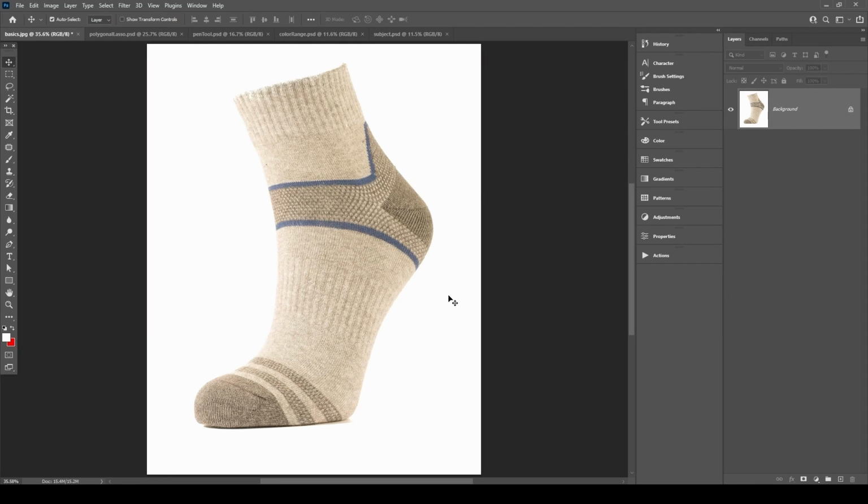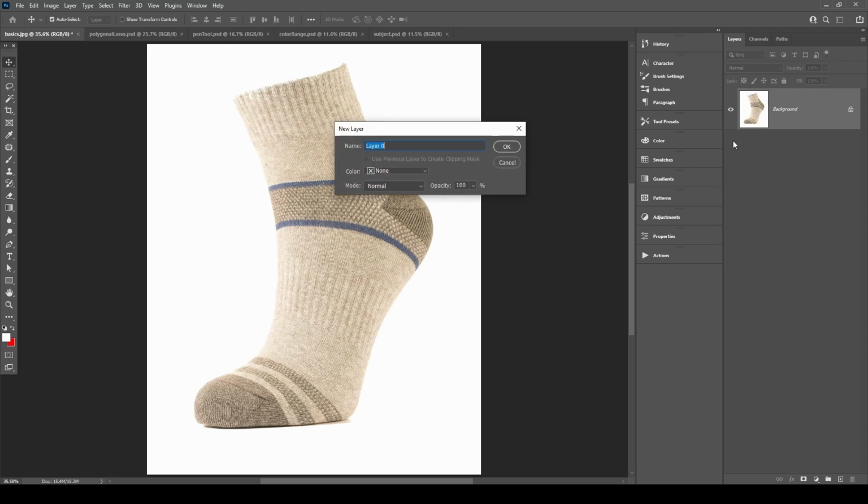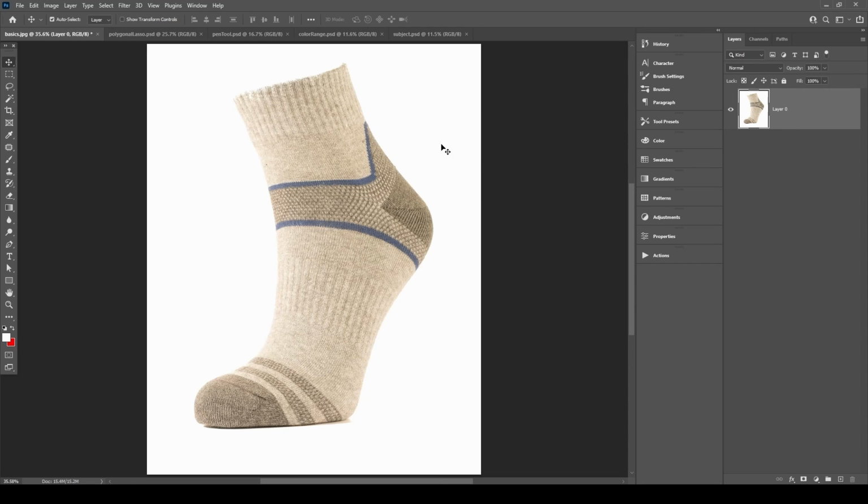Today's going to be a quick tutorial on some ways to make selections in Photoshop. All right, now the first thing I'm going to do is just start with this simple sock image here. I'm going to double click on this to make it an active layer here. Now I'm going to hit W and bring up my magic wand tool and I'm just going